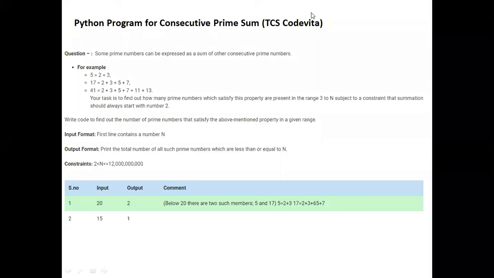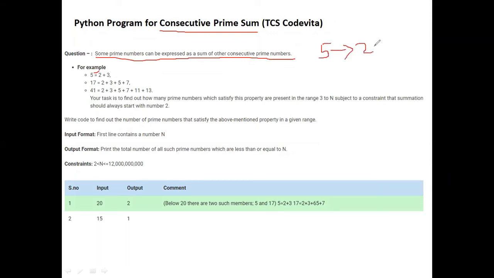So this is the previous question, the coding question, the Python program for consecutive prime sum. Some prime numbers can be expressed as a sum of other consecutive prime numbers. For example, 5 is a prime number.